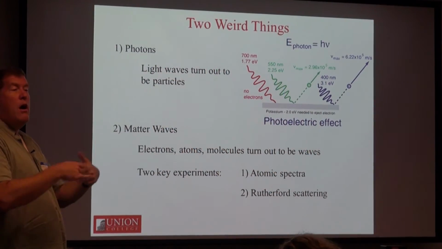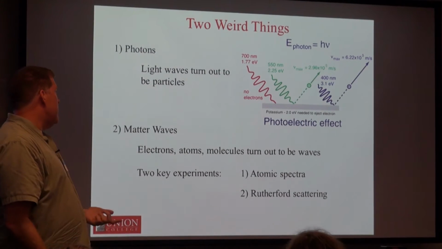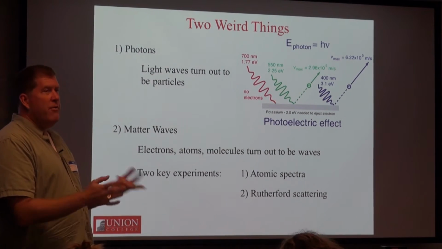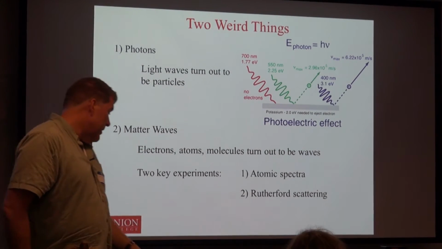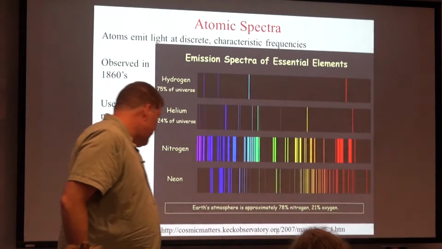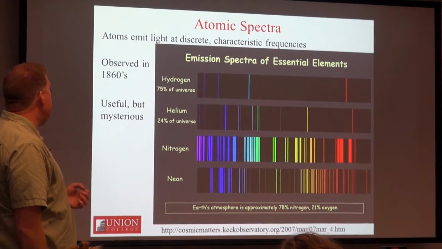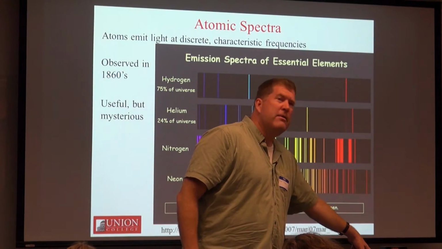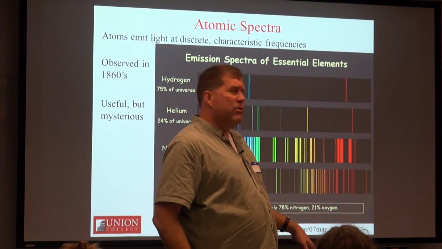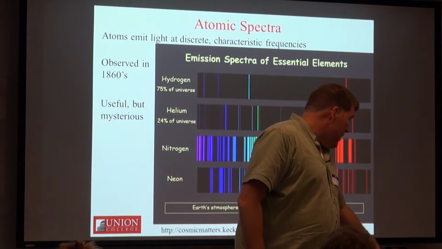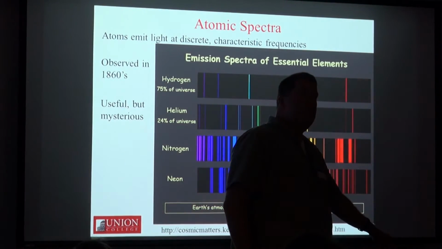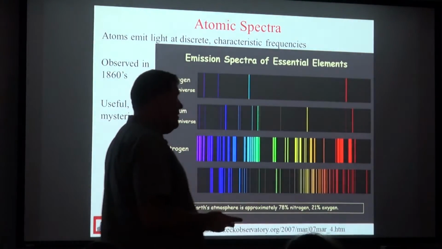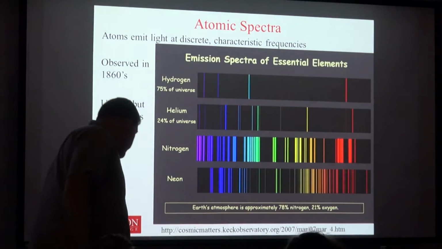Spectra, looking at the colors of light absorbed and emitted by atoms, and looking at Rutherford scattering, which I'll explain in a minute. So the atomic spectra, the idea is if you take a source of light like a lamp like this, you guys turn the room lights off. You take a narrow lamp like this and pass the light through a prism or through one of these diffraction